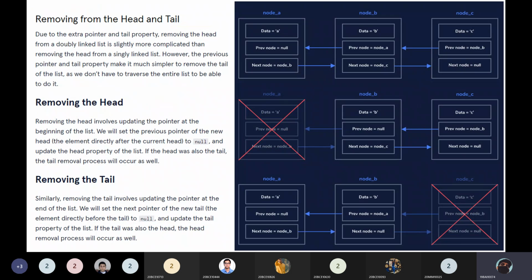That is if you are removing the head. For example, in the second line of the diagram, we are removing node A. So we set the previous node of node B as null, and that was pretty much it. We also set the next node of node A as null.